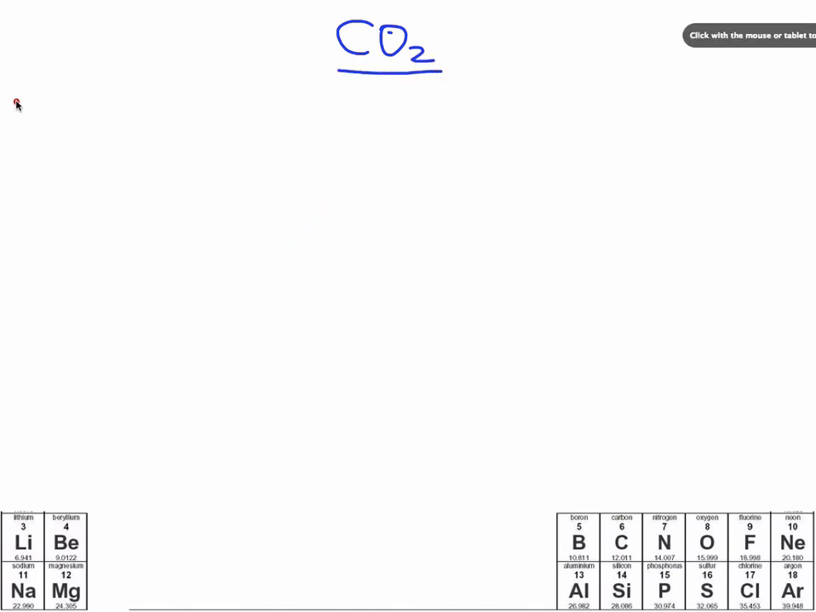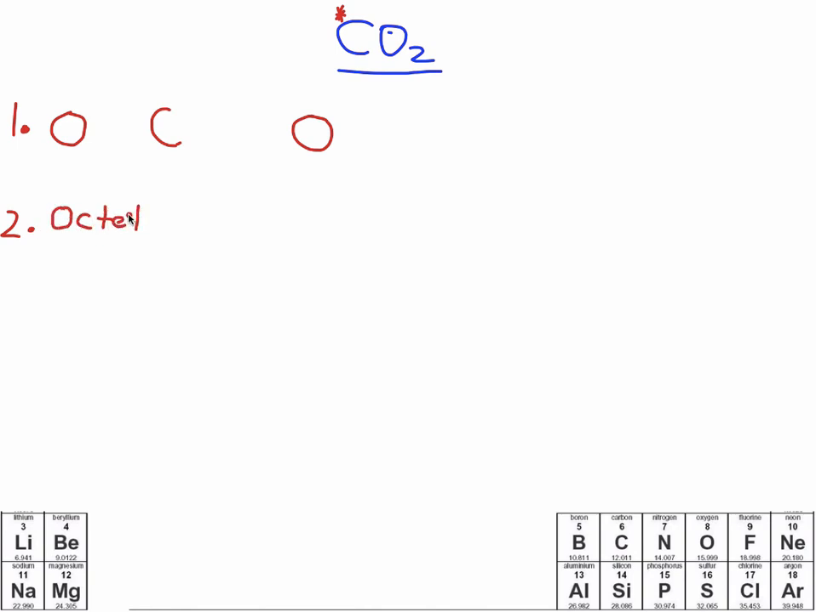So the first thing you want to do when you're doing a Lewis structure is draw the skeleton. Now normally the first element, or the one that occurs the least, is the central atom, and we're looking for symmetry. So that's another thing to think about. So there's the skeleton. The next thing we're going to do is add up all the octet